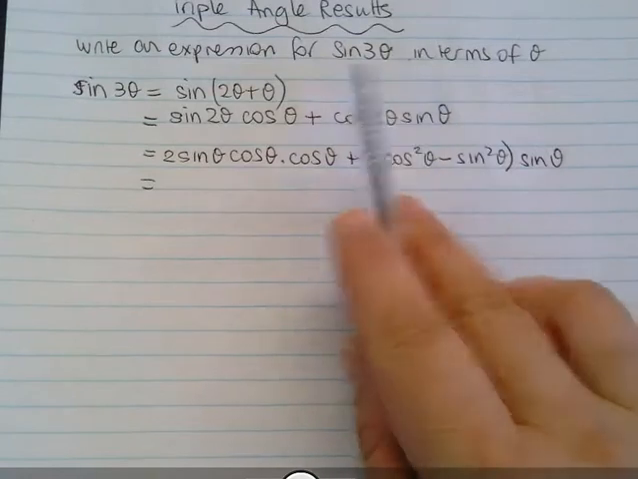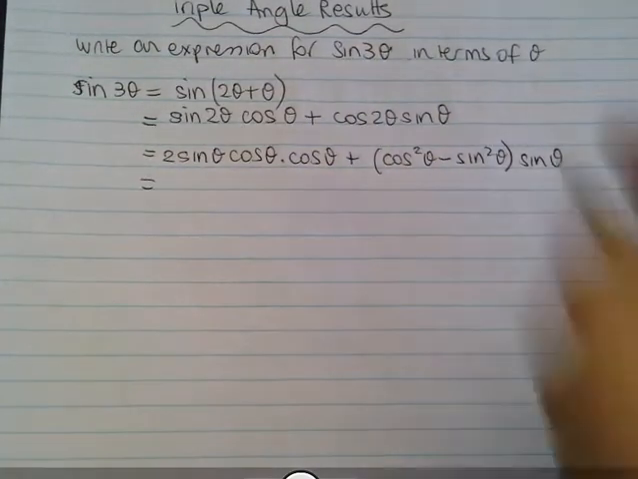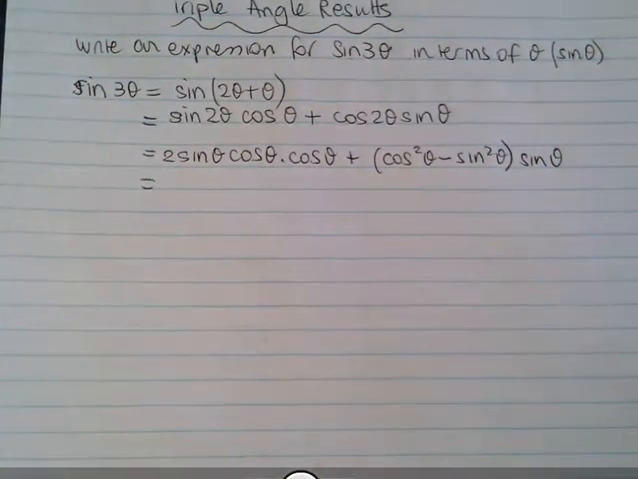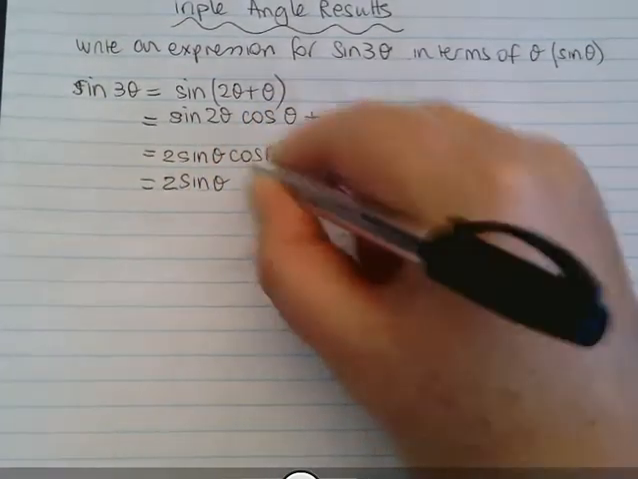Okay, now we have to write an expression for sine 3 theta in terms of sine theta. We want to write the expression for sine 3 theta in terms of sine theta. So what have I got here? 2 sine theta cos squared theta